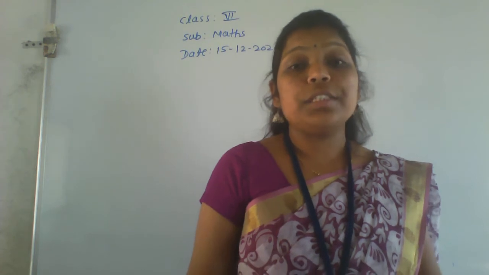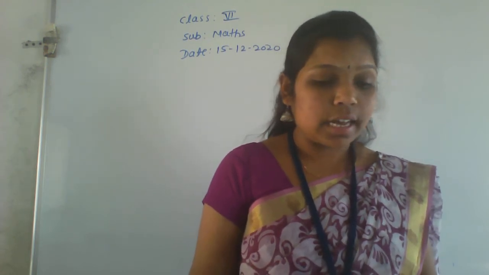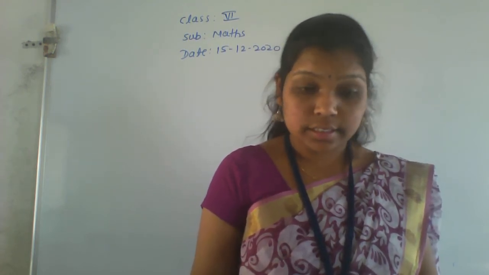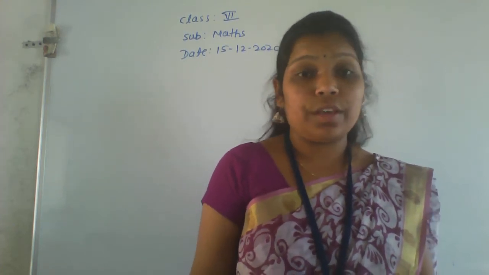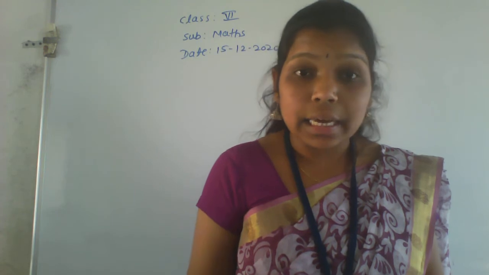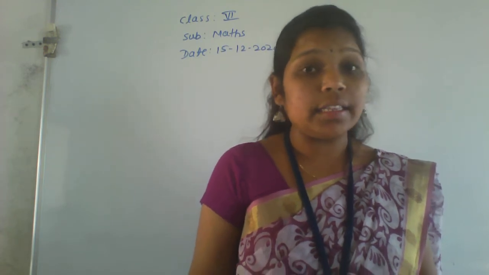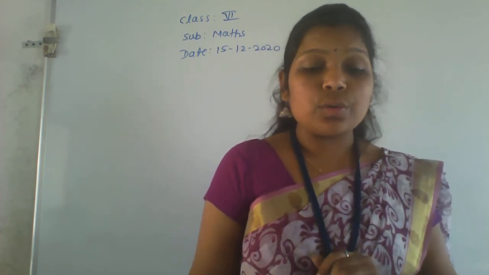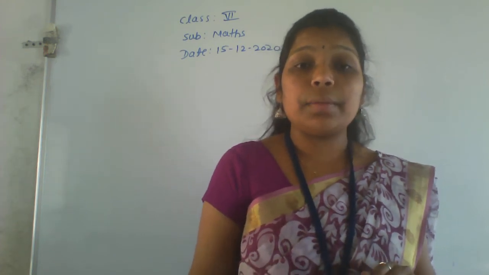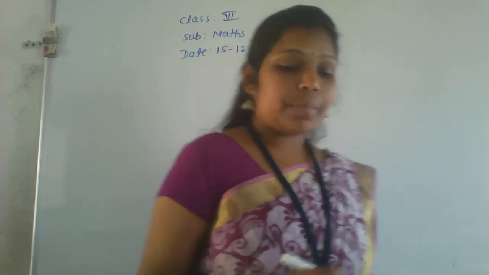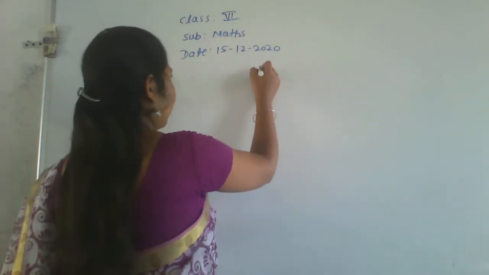Okay. So in the last class, we solved exercise number 2.6. That is, find the prime factorization of each of the following. We know how to find the prime factors, which we studied in the last class. So today we are going to see the highest common factor. That is nothing but HCF. So HCF we are seeing now.